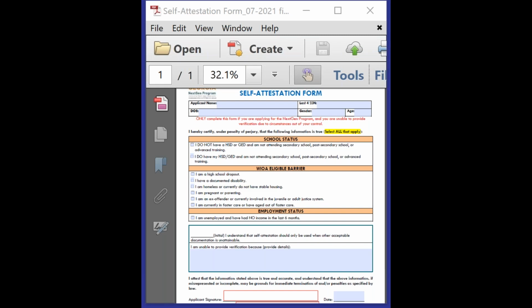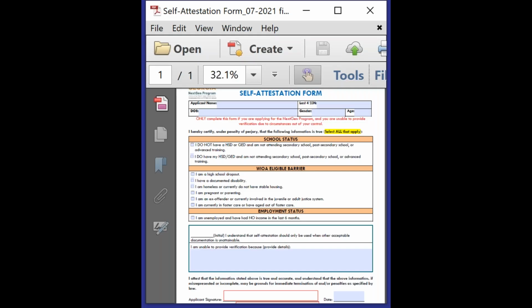Yes, you can still list all the barriers. But if you're going to, you have to have a case note for the other barriers. But the main barrier must have the proof. Right. So what Brittany said is, if you're listing other barriers on that application, whatever barriers you don't have proof for needs to have case notes discussing it. We don't put anything in the system that's not justified.